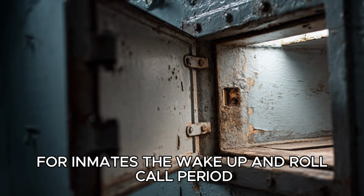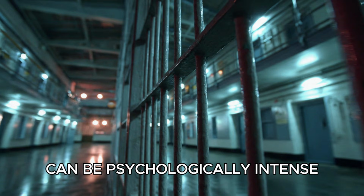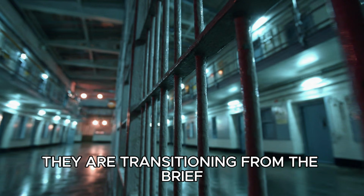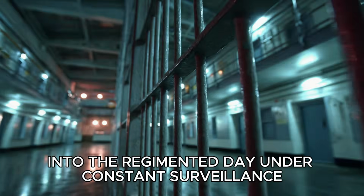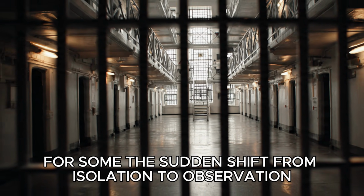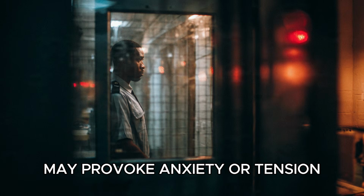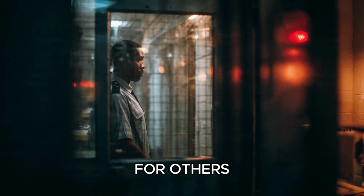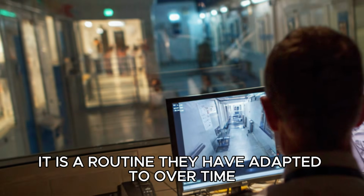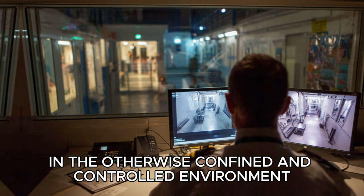For inmates, the wake-up and roll call period can be psychologically intense. They are transitioning from the brief solitude of night confinement into the regimented day under constant surveillance. For some, the sudden shift from isolation to observation may provoke anxiety or tension. For others, it is a routine they have adapted to over time, a necessary structure in the otherwise confined and